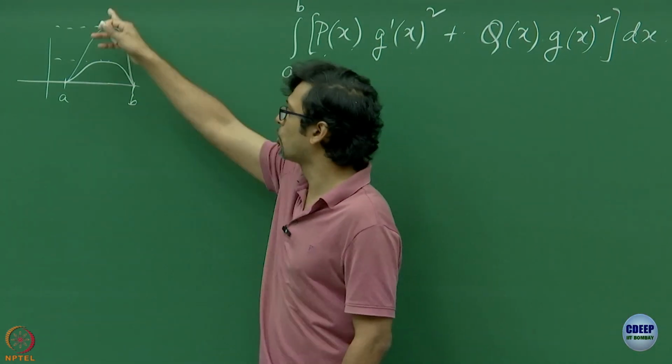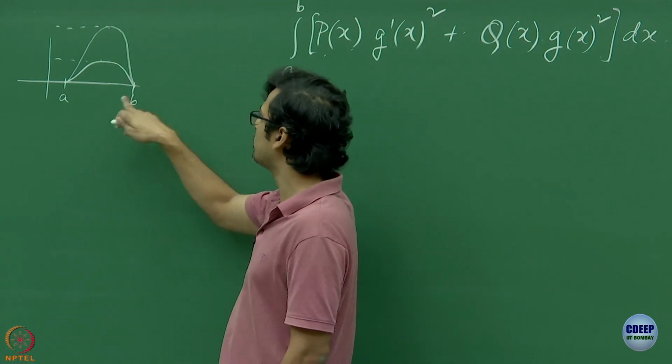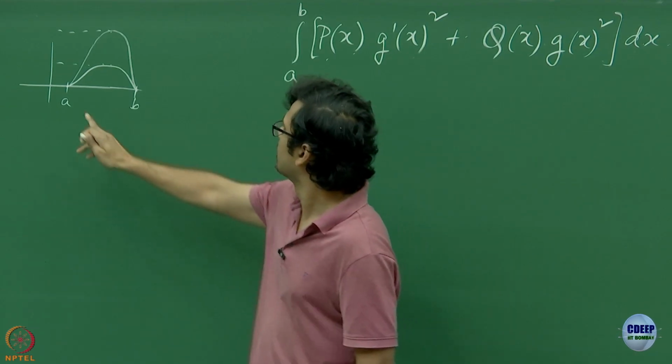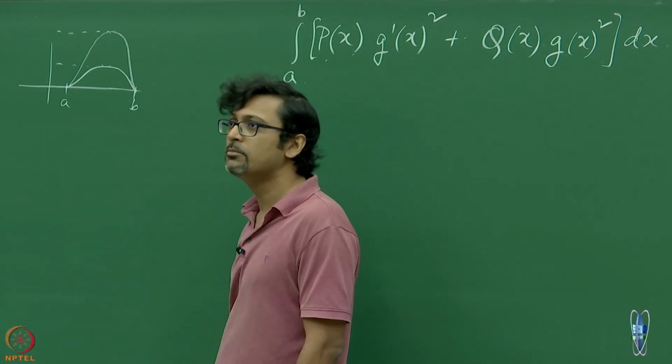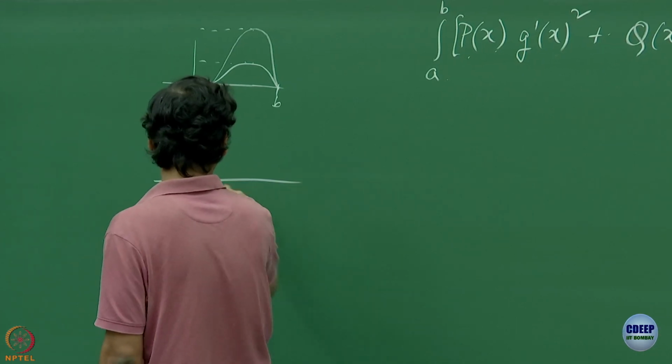The higher you soar, the lower you'll have to dip, because eventually you'll have to end up here. And the rate at which it is going up is dependent on G prime. So if you were to choose a curve such as this,